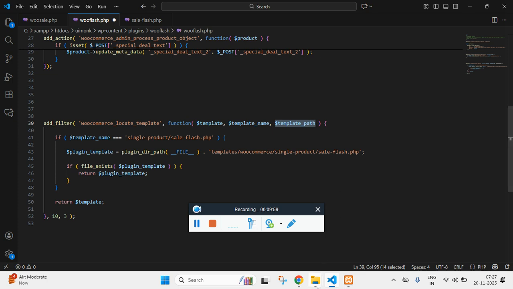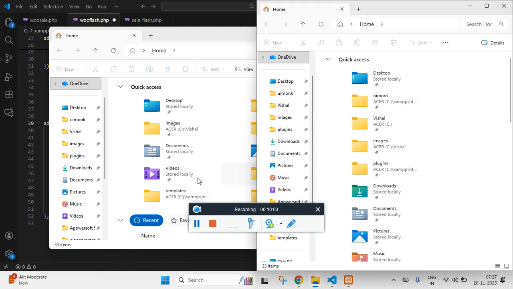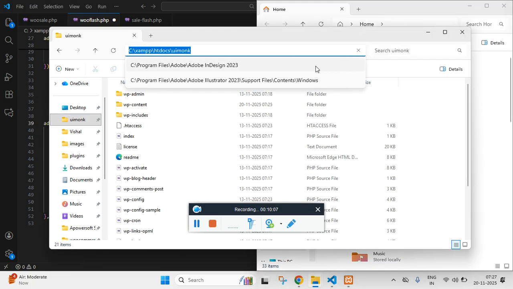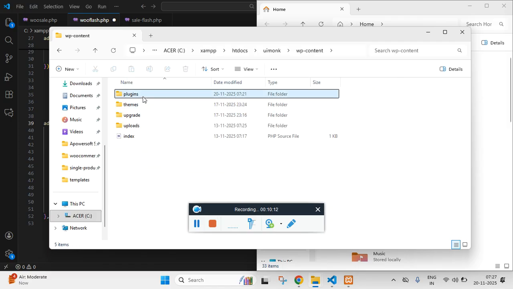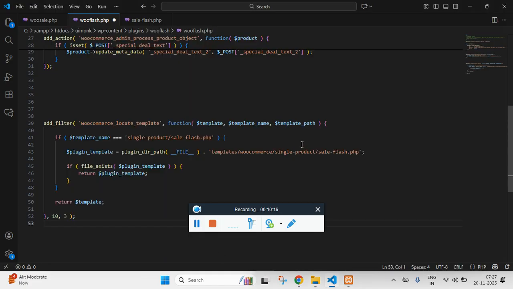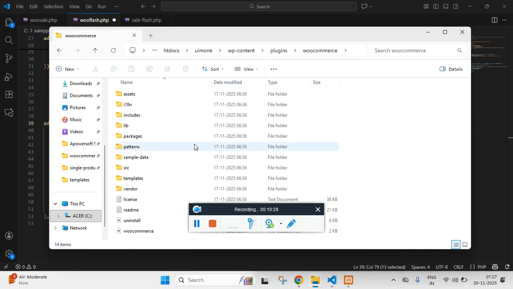When you say path, you'll see, if I click on it, let's see, it's not saved here. Let me get into this, and this is actually the path. This path goes till the WooCommerce, wp-content, plugins, and WooCommerce. Till this path, this is the key, and that will be the value. And the template name is actually our template name. Not our template name; it's a relative way. Relative way. So when I say relative, we need to locate the